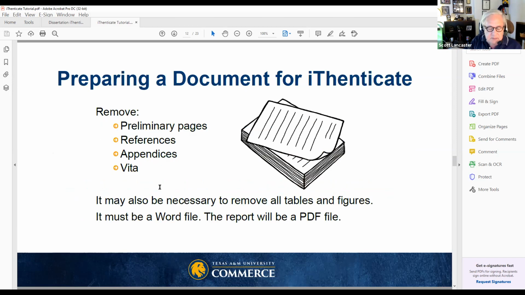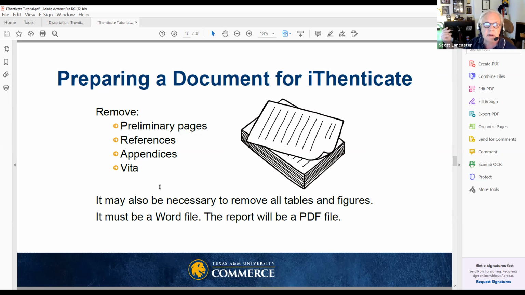So when a document is prepared, just so that you can understand on your end what is done, because the student doesn't do it, students don't have access, don't have a sign-in to iThenticate. Full-time faculty will have that login and can submit that. They don't all do it because sometimes they refer people to me or a few other people like me that are sort of given the task of being available to produce these reports.